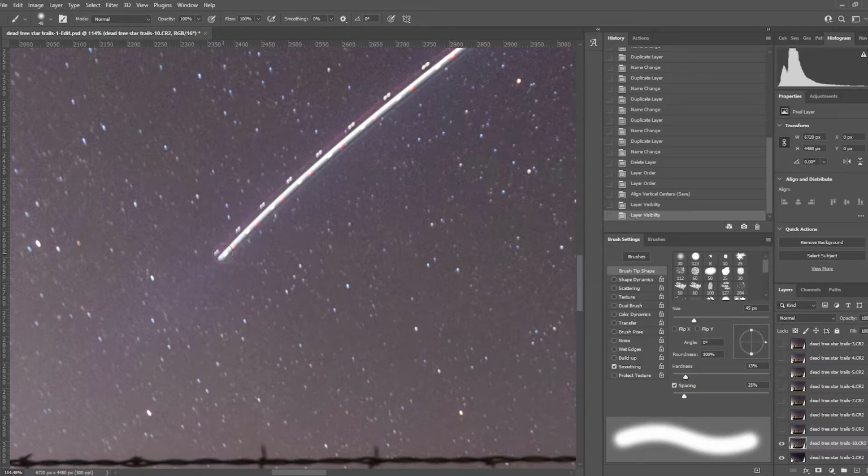And what you'll want to do is paint the airplane trails black, and you will see why in a moment. So let's just get the brush size. You could use your right bracket or your left bracket to make it smaller, or the size is also right here. And you just want the brush size to be about the size of the plane trail, and paint on it